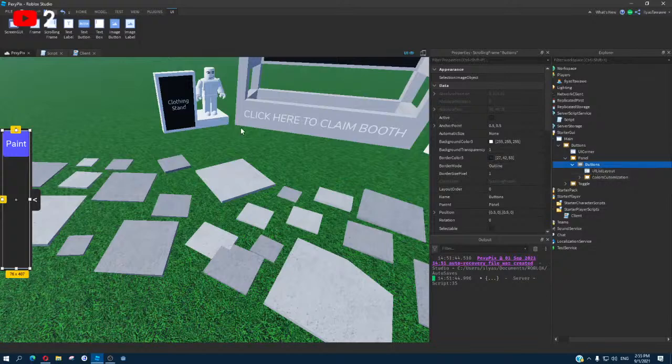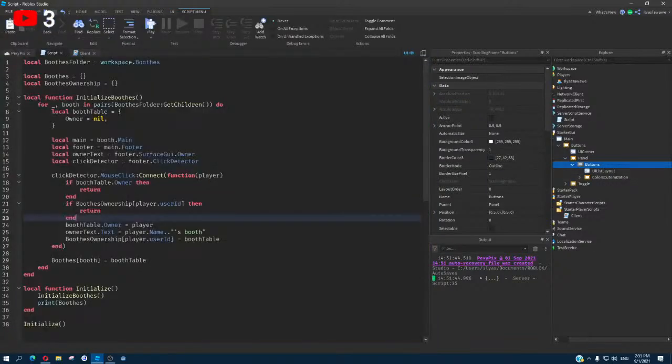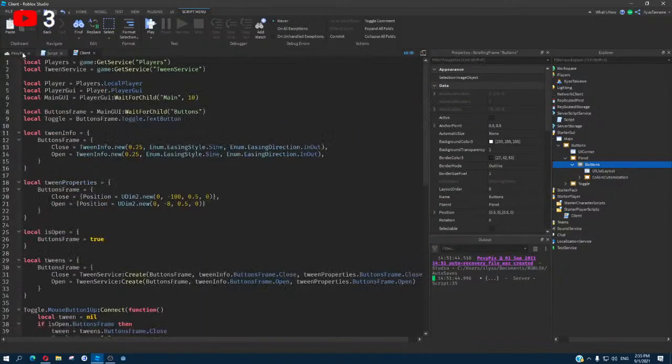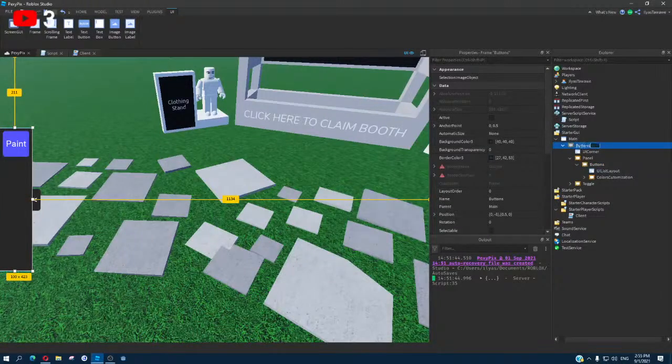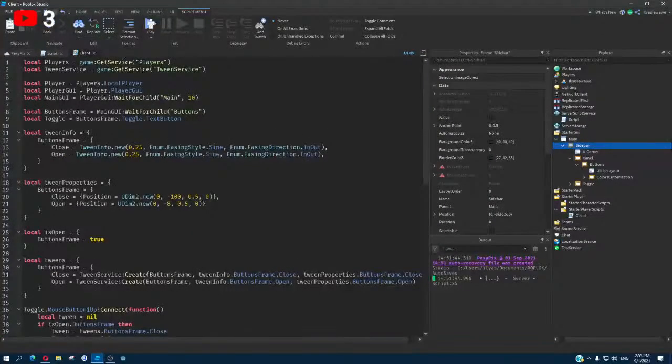Like that. Now let's also call this something else. Let's call it sidebar. Okay, now let's go to our client's code. Instead of buttons frame,